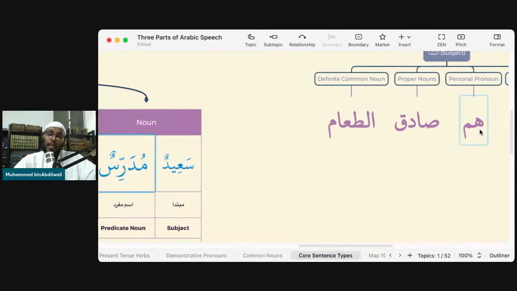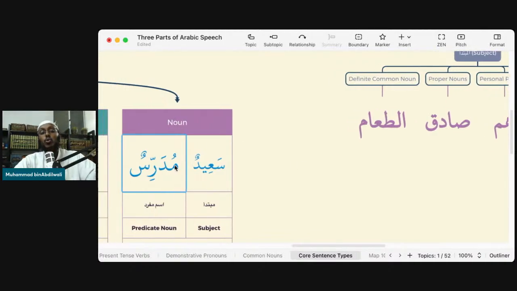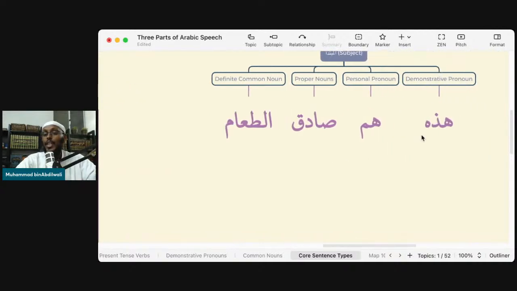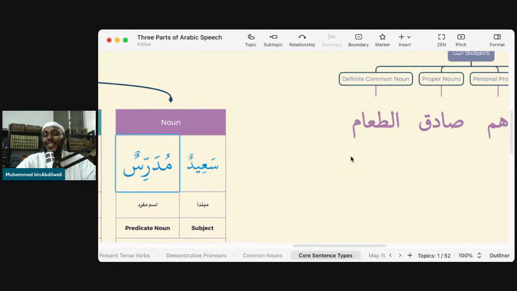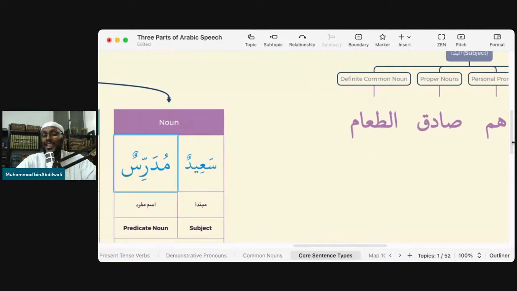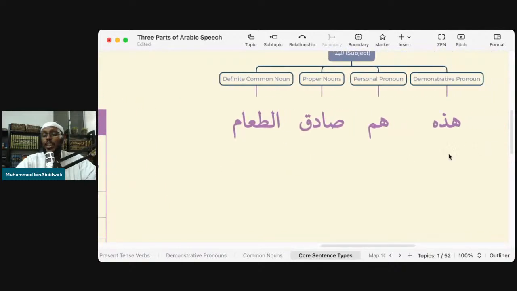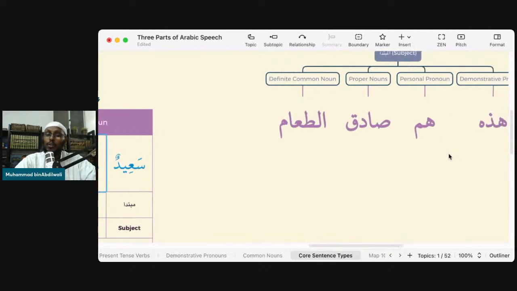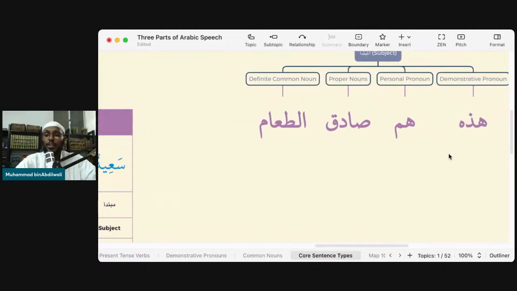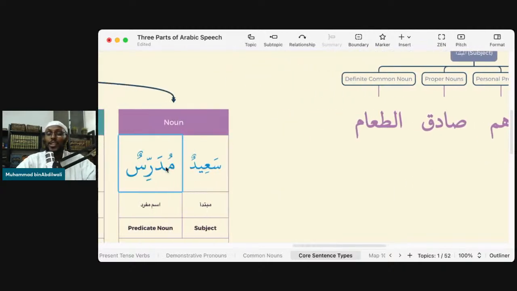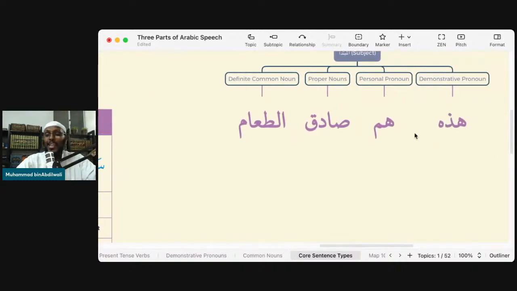So for that reason, if I wanted to make a grammatically correct sentence by starting with hum, I would say مدرسون, because مدرسون is plural. And then we have هذه, that's also not correct. Agreement mistake. Why? Because مدرس is masculine, هذه is feminine. If I wanted to correct this, I would have to do one of two things. Either I stick to هذه and I make it مدرسة, or I stick to مدرس and I make this هذا. Those are the options that I have.